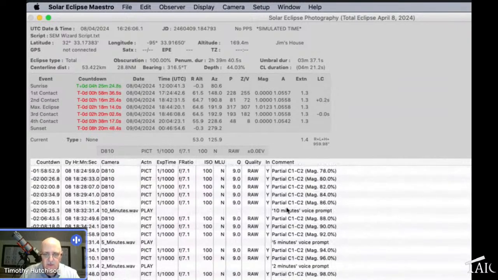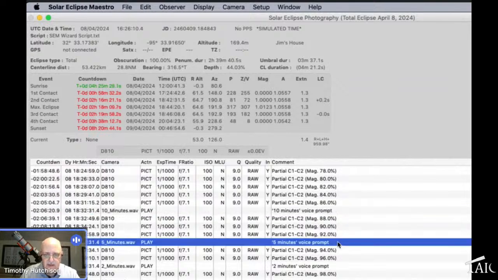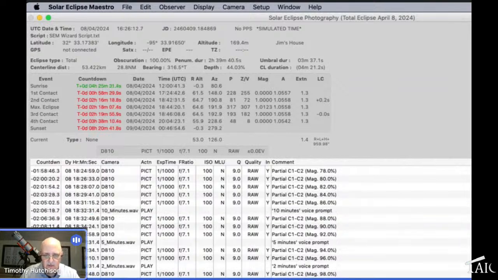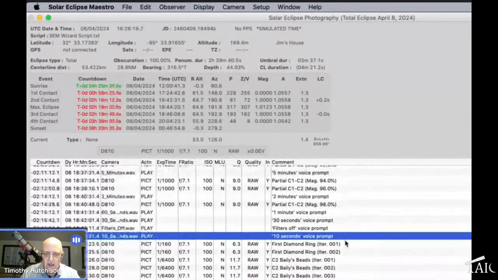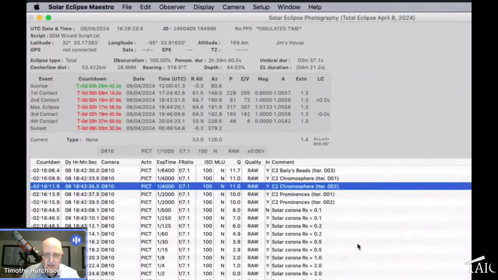As we get up closer to the eclipse, he's going to start playing voice prompts that says 10 minutes, 5 minutes, 2 minutes, 1 minute. So it tells you, take your filters off, all of that stuff. There's voice prompts in there for all of that. And then diamond ring, Bailey's beads, chromosphere, all of these things came out of what we